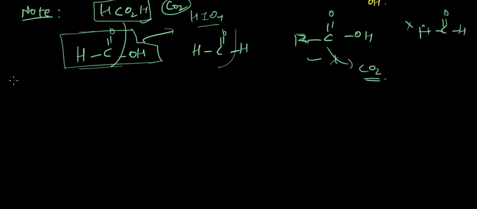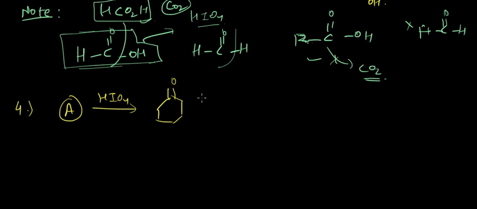Okay, let's understand the fourth example, where we have a compound which on reacting with HIO4 forms this compound. And obviously we get this compound. Okay, so what would be the A compound? So A compound will be something like, we are also getting this compound, right? So it should be something like